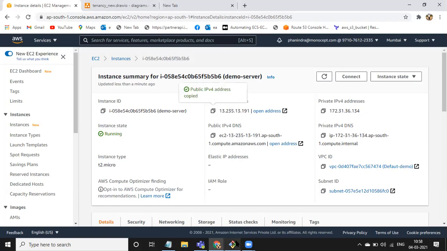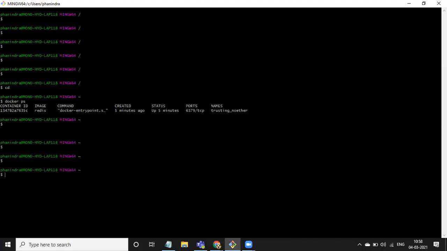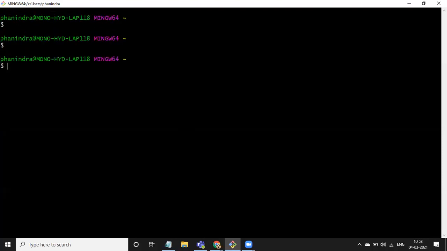Remember this command. Go to any of my terminals. As of now I'm using Git Bash in my local. So how are we going to log into the server? See, ssh -i, your key pair which you have downloaded, the private key.